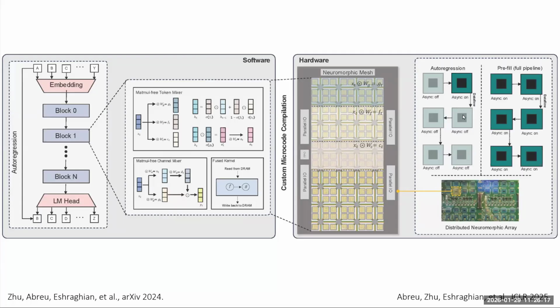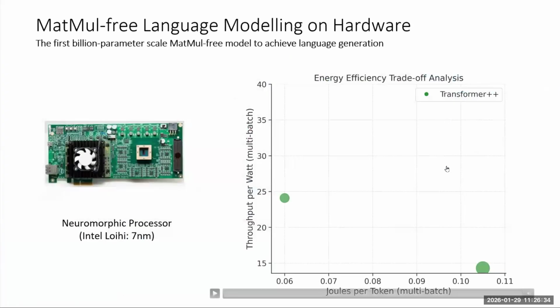So we deployed this on a set of Loihi 2 chips. I believe the 1.3 billion parameter model, we squashed that down to something like, I want to say between 8 to 10 Loihi chips. I say 8 to 10 because we're constantly doing better. We inject a bit of weight sparsity and we can compress it down further. We want to capture energy, right? X-axis is joules per token. Joules, lower is better, right? So we want to sit here.